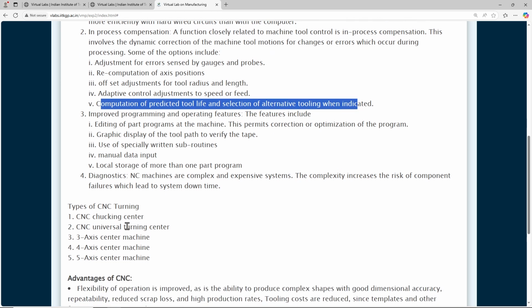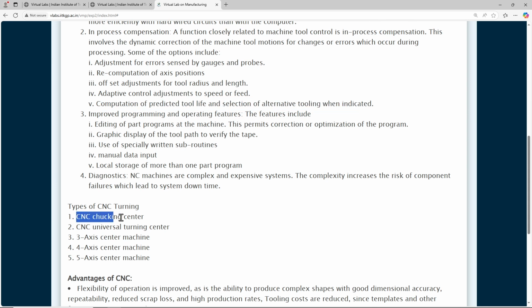The types of CNC turning could be a CNC chucking center or a CNC universal turning machine, and depending upon the degrees of rotation, it could be 2.5 axis, 3 axis, 4 axis and 5 axis. In the 2 axis machine, like the regular lathe machine that you see, the longitudinal and cross movement is there. 2.5 could have another manual feed given. In 3 axis, the Z axis could also be controlled.